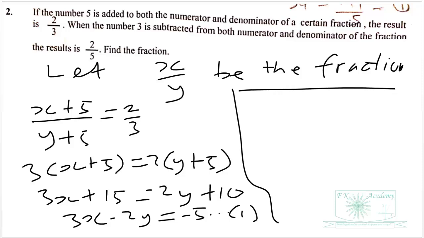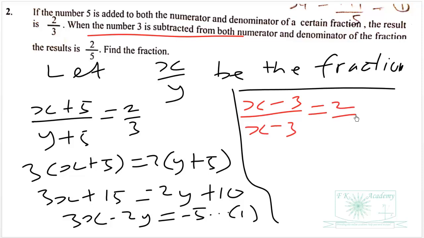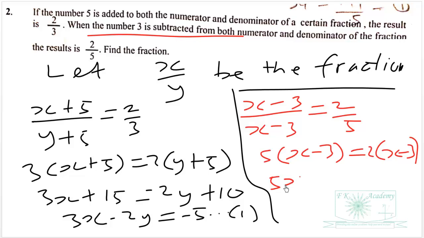Then again, the second statement says when 3 is subtracted from both the numerator and the denominator, the result is 2 over 5. So we cross multiply. I want you to cross multiply. Then we obtain 5 into bracket (x minus 3) is equal to 2 into bracket (y minus 3). So we should simplify and obtain something like 5x minus 15 is equal to 2y minus 6. So this should give us 5x minus 2y